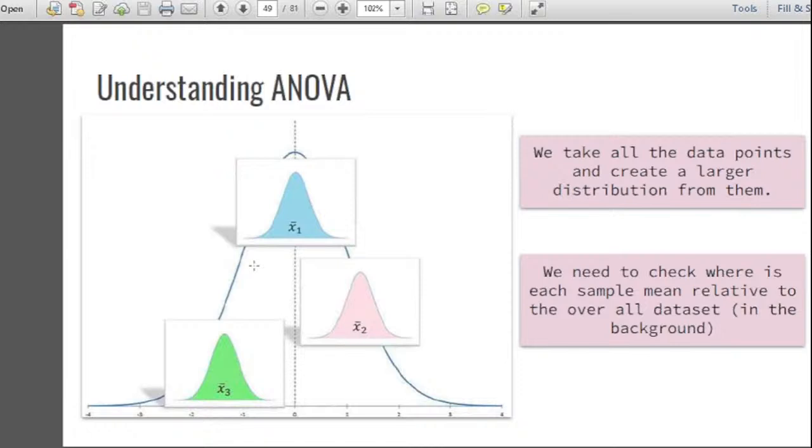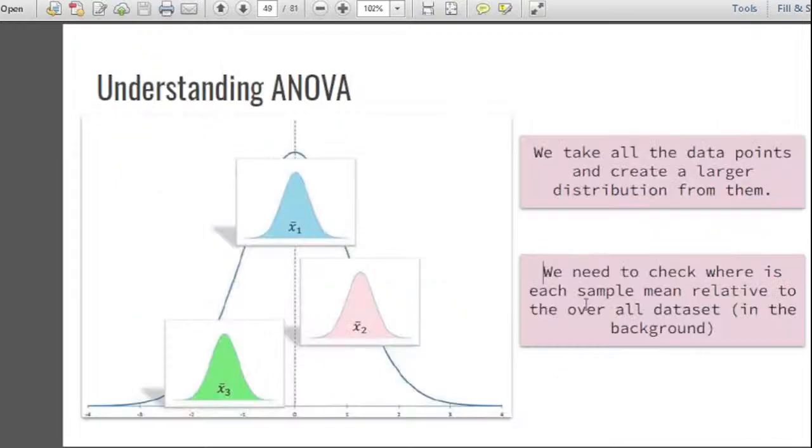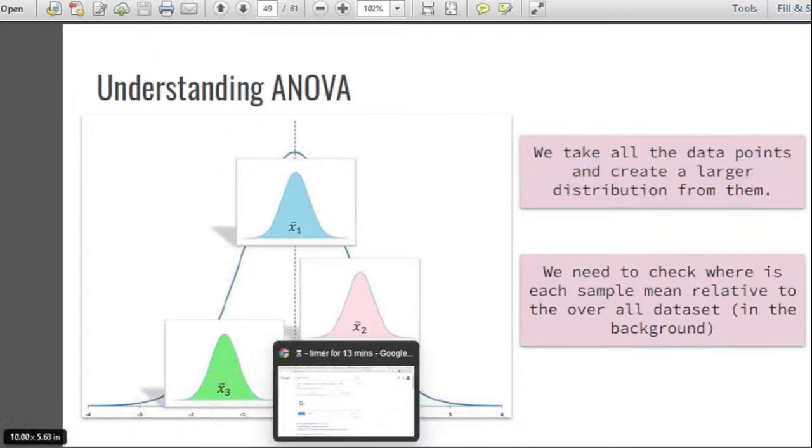Right now, just think in terms of these pictures that there are three samples you have: blue, green, and pink, and you have their sample means x1, x2, x3. The first step you do in ANOVA is take all the data points together and create a larger distribution from them. Let me simultaneously open